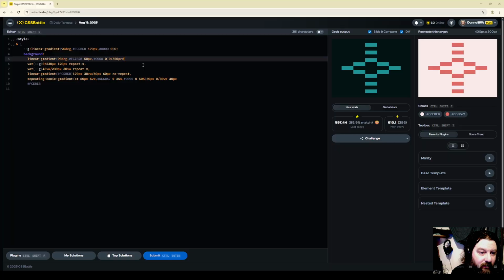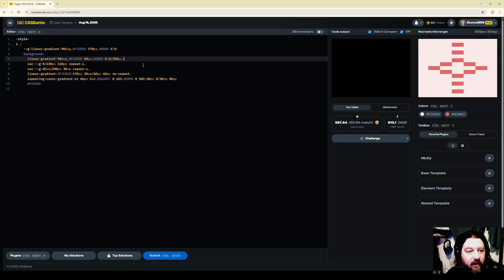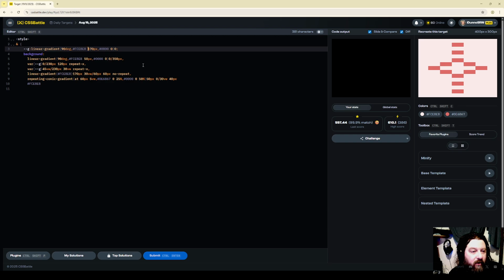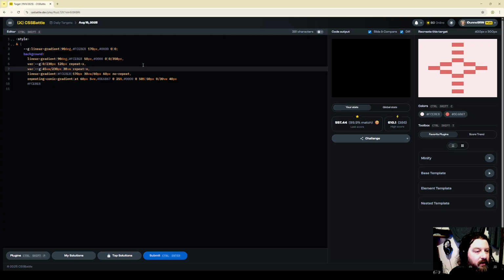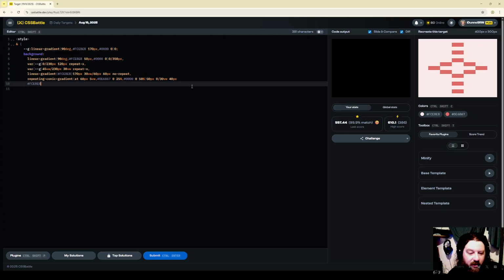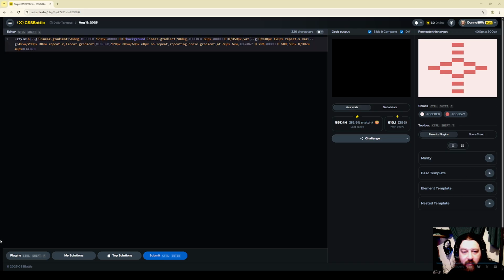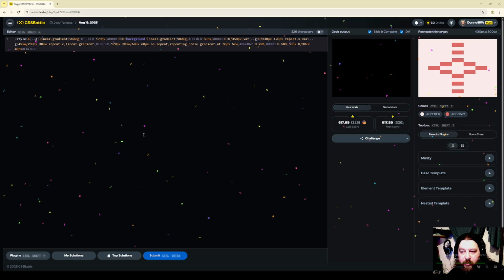So 350 pixels, 170 not divisible by 4 or 3, so I can't really crunch that either. Bit of a shame. Okay, so minify, see what we can get for an exact match, and then we might try it a slightly different way